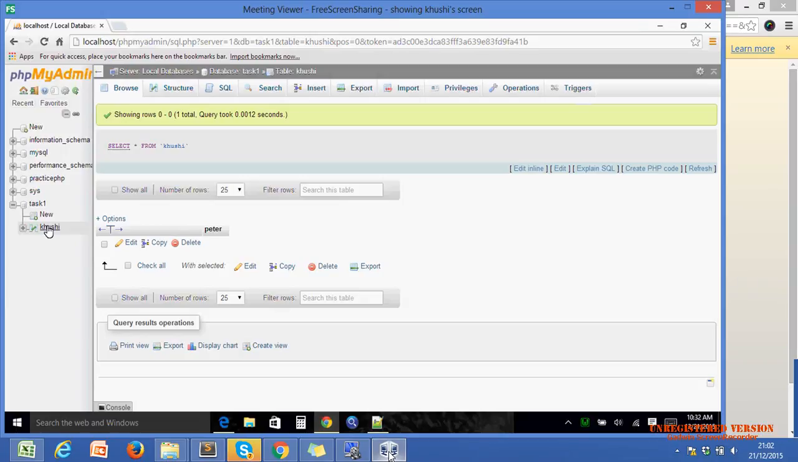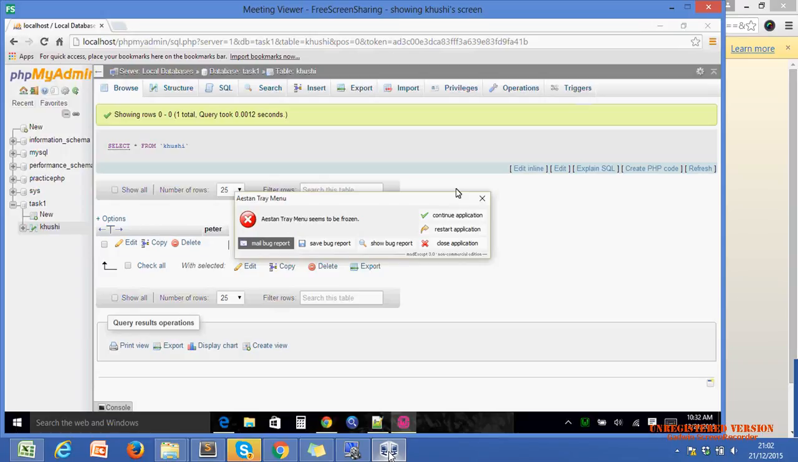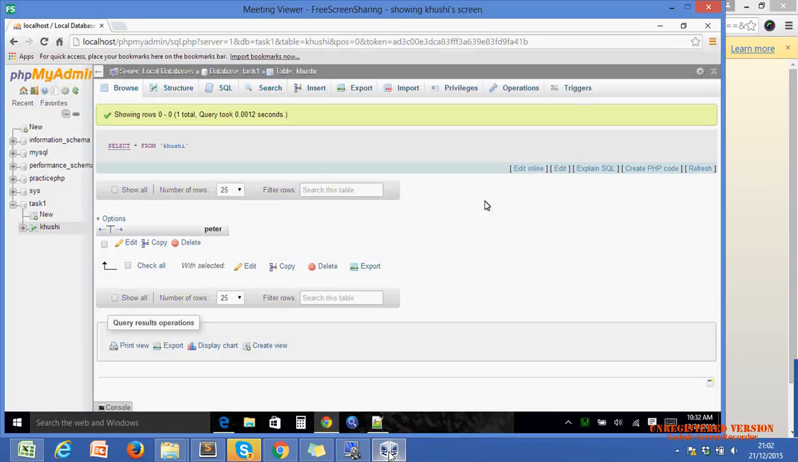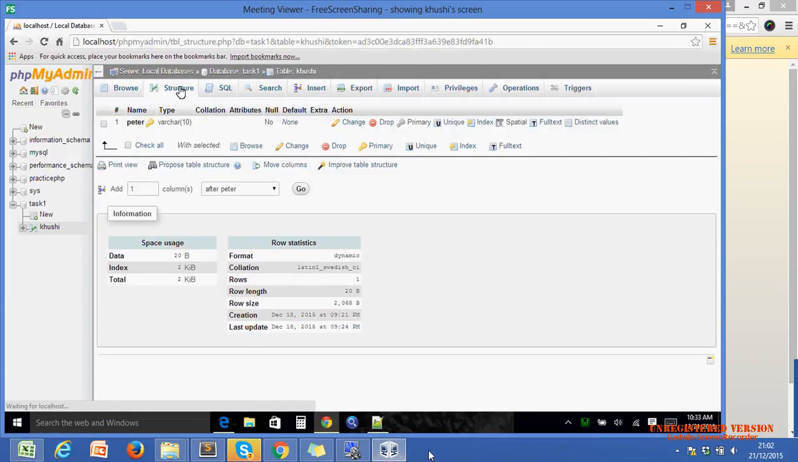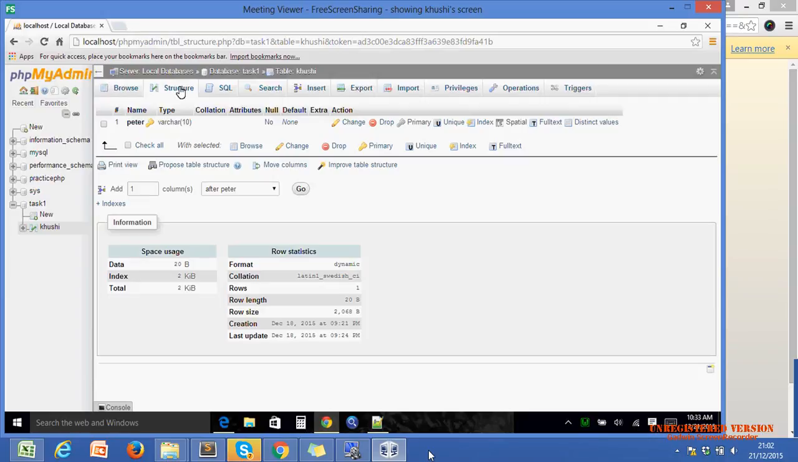Okay, you have a database named task one. In your database, named task one, you have the table. Let's close it. Kushi, just click on the structure tab. There is a structure tab, and a browse tab. Yeah, just click. You have used only one column in your table. Okay,